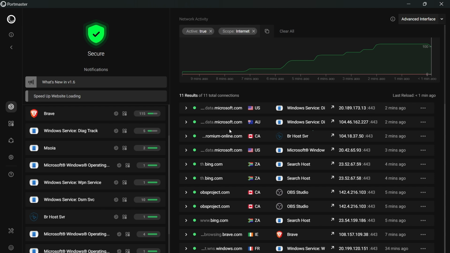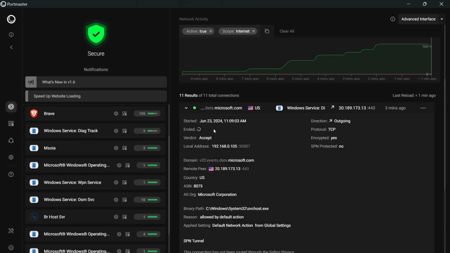Now tukiscroll down tunaona vitu zingine pia, kuna hii chromiumonline.com inajaribu ku-access server in Canada, ingine inajaribu ku-access a server in AU. We can also see South Africa. Everything yenye inaendelea you can see it. You can actually click and then you get even more information. For example, when this connection started, we can see that at 11:09:03 AM na bado haijaend, you can see